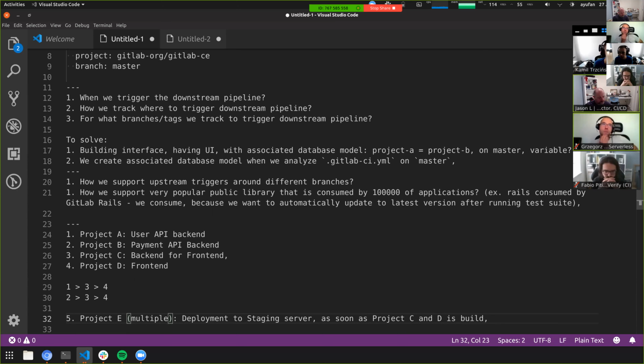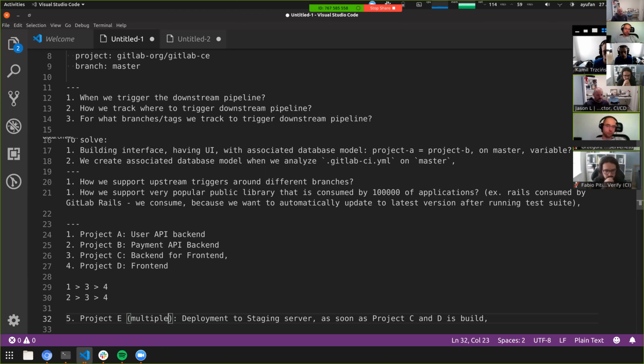For example, if you push a tag to project D, we're going to perform a deployment on some other project, which is built as an upstream dependency, based on the new tag that is being pushed. And we're just going to perform a semi-automated, maybe canary, deployment to the environment.